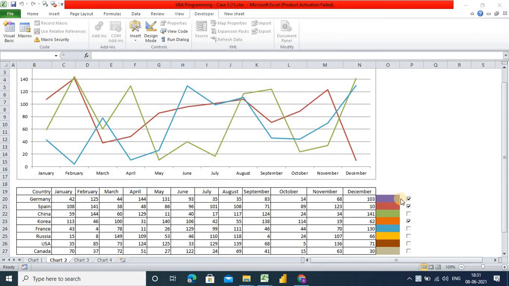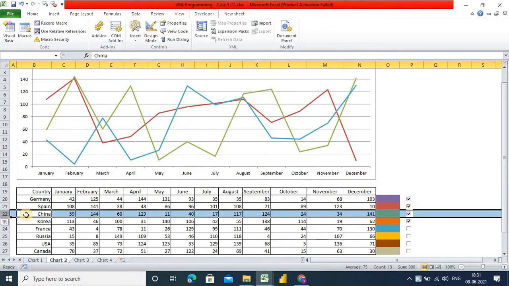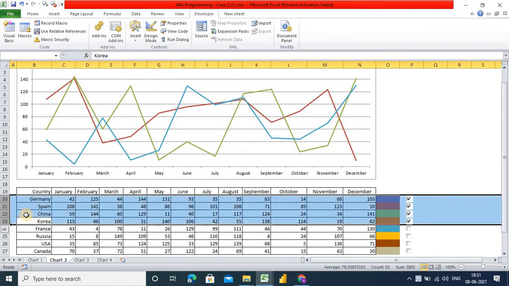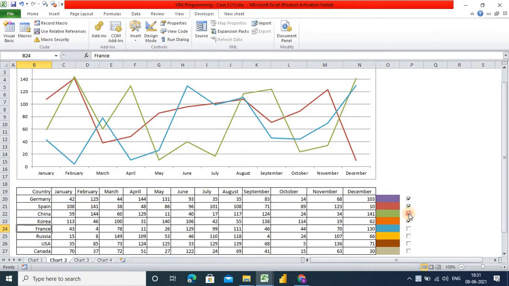In this video we will learn how to add or remove the chart line and how to control our chart lines using this checkbox. Whenever I click on this checkbox, only the selected rows should appear under this chart, for the selected countries. If I remove the selection, that line should also be removed.